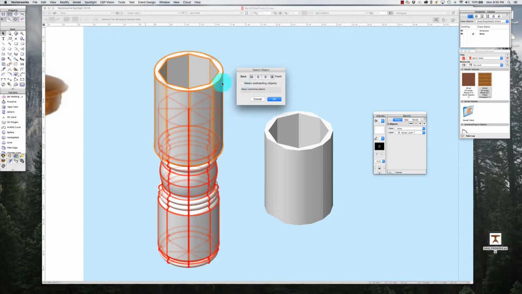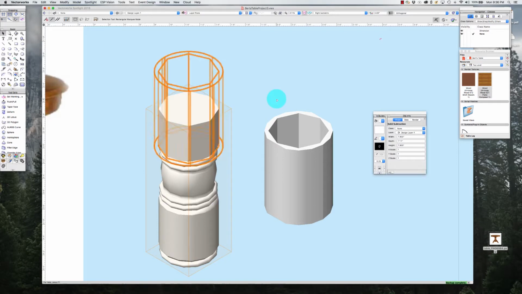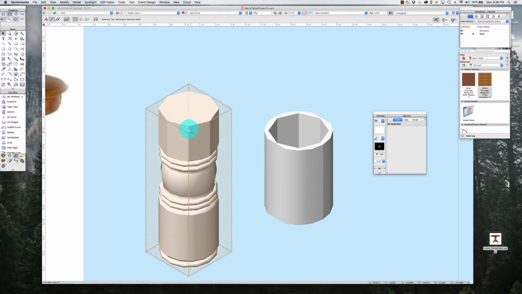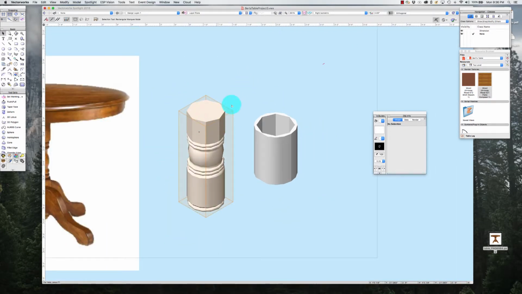If you click this, then it works exactly like Clip Surface. Both of them will be left after I click OK, and then I could delete this one or move it away. If you don't retain the subtracting objects, it will subtract it from the other one and also delete it, which is really what I want to do. So I'm going to click OK, and look what happened. Now I have my octagon,